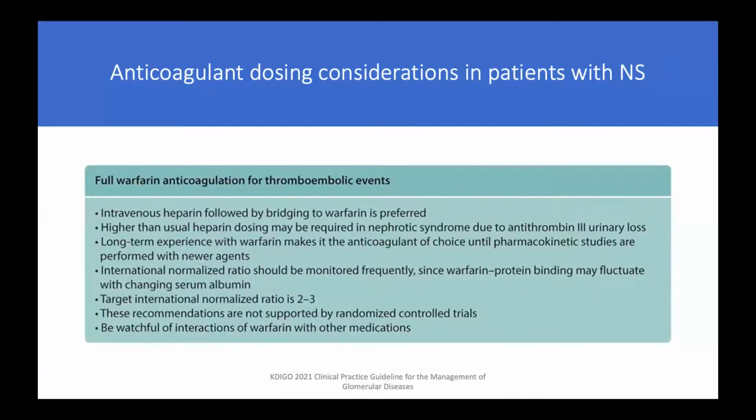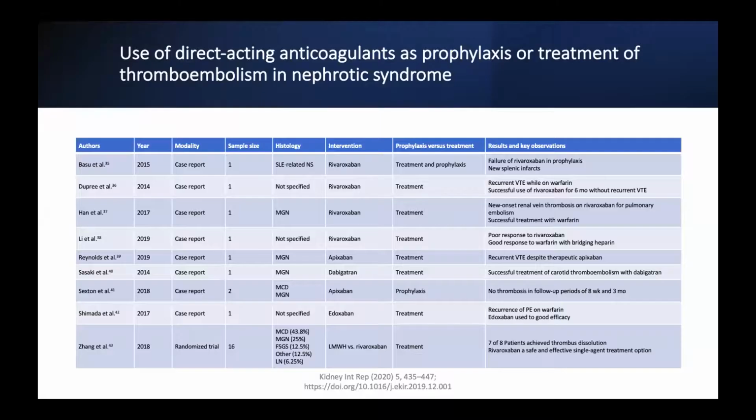Coming to DOACs in the treatment of thromboembolic complications in nephrotic syndrome, here also most of them are case reports and only one randomized controlled trial, and most of them have shown either poor response or failure of treatment, with new onset of thrombotic complications while the patient was on DOACs. This might be because of